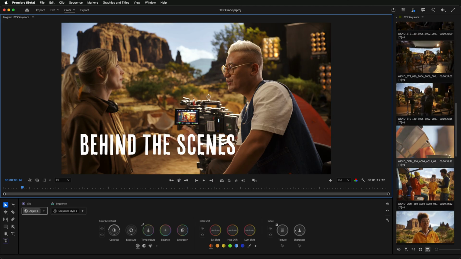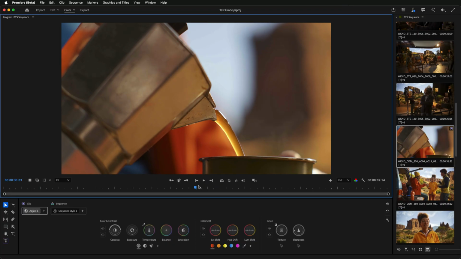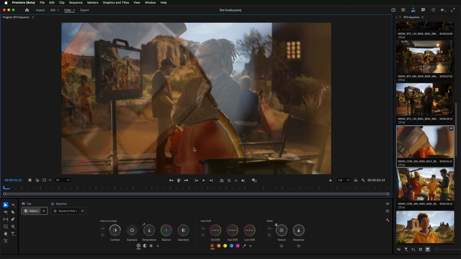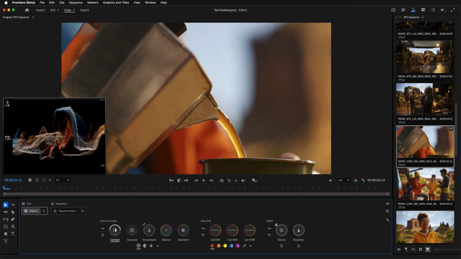I decide I want to grade this close-up of the coffee pot, and here I am sitting right on top of a transition. Again, this could be awkward. I can't really see what I want to do. I could switch over into clip mode and scrub past the transition, but if that really is the best frame that's representative of what I want to do, then all I need to do is, again, click to turn solo mode on. That suspends all compositing, including transitions, and now I have a nice clean view of this coffee pot